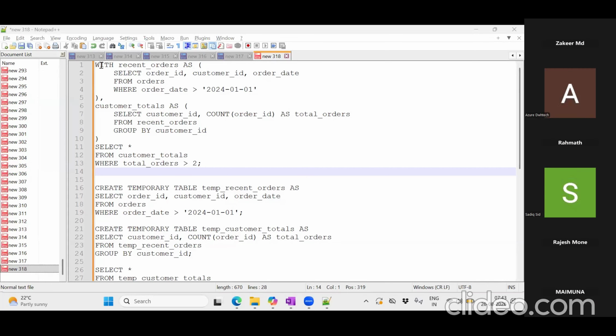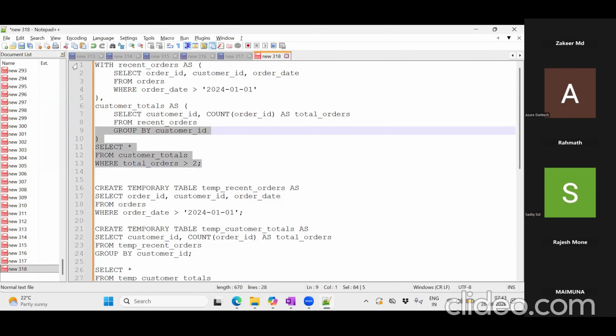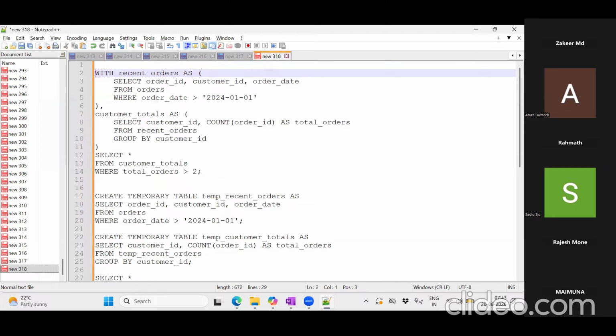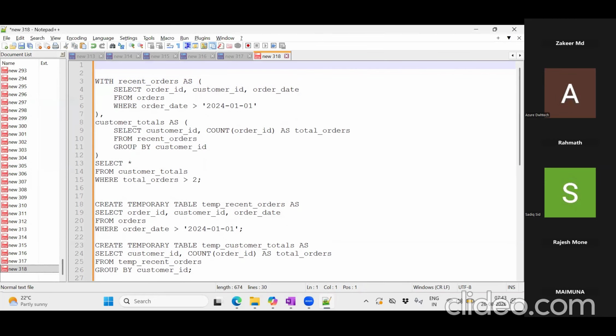Okay, so the first one is the CTE table syntax. So what we have written is very simple. If you see here,